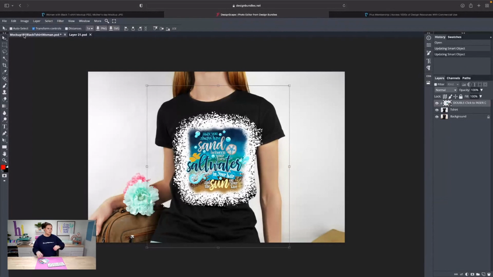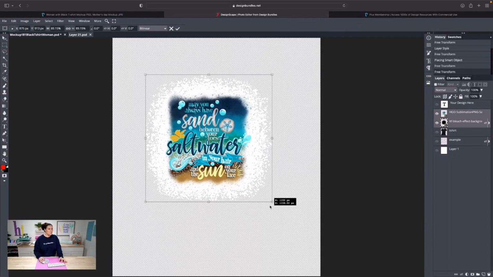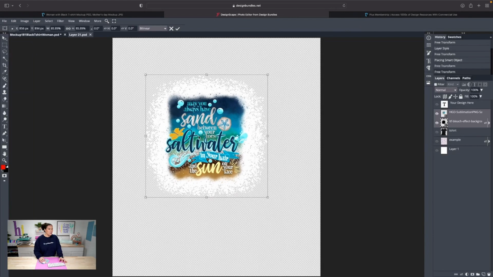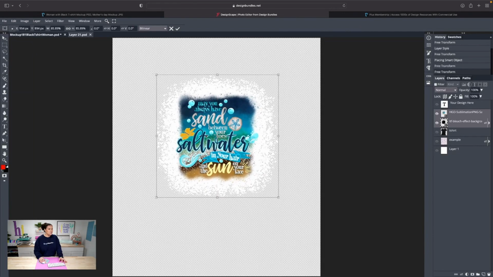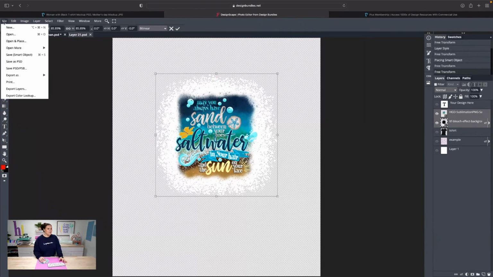So now I can see I'm starting to shrink that down a little bit. So I'm going to do it one more time, and I think I'll be pretty happy with it. So go back to Layer, and I've still got both of those selected, as I can see on the right-hand side, they're both highlighted. Hold down that Shift. We'll bring it down just a little bit more. Now I'm going to go ahead and try to center it somewhere right about here just to see if that looks good. File, Save Smart Object.